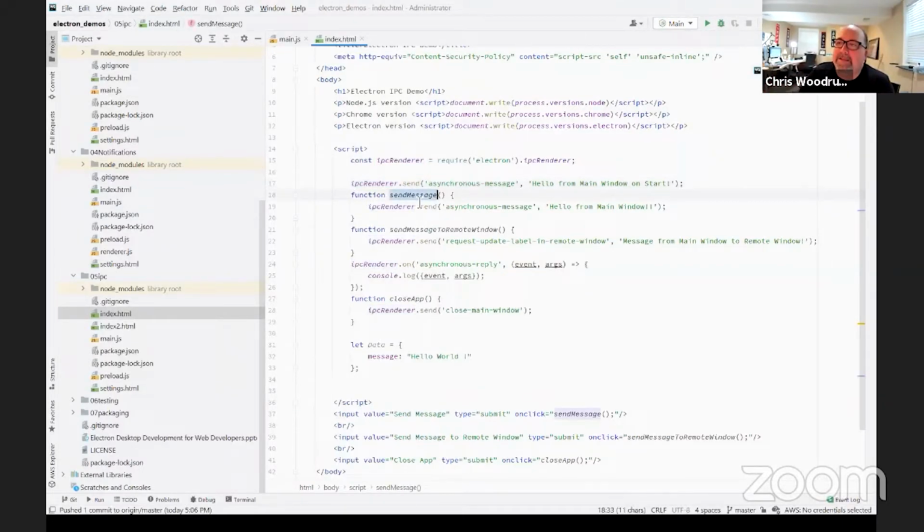But I have these other things like send message to remote window, and then I do have some listening stuff. If you remember those 2 buttons, I had a send message and a send message to remote window. These are what I am firing off in each one of those click events.